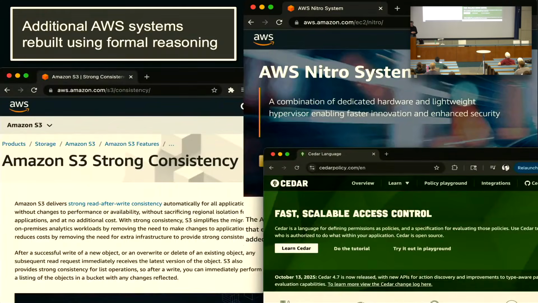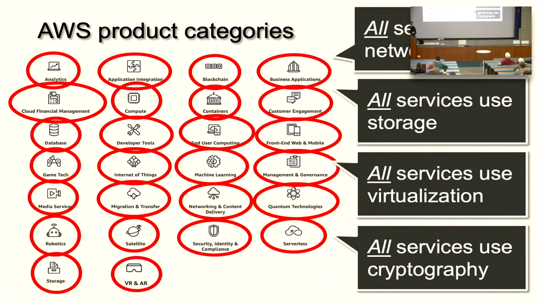We do this for a lot of other parts of the system. So we've reasoned about S3's semantics, for example, when we moved from eventual consistency to strong consistency. We reason about the hypervisor stack, the virtualization stack. There's another policy language in a service called Amazon Verified Permissions, and the policy language is called Cedar. We also do reasoning about that. And there's a lot of other stuff going on. So basically, it's increasingly ubiquitous around Amazon.